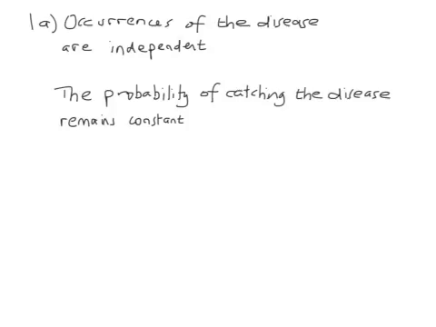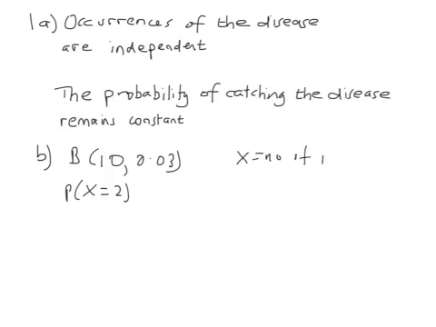In question 1a, you were asked about assumptions to be made in modelling this disease. Occurrences of the disease are independent, and the probability of catching the disease remains constant. In part B, we can assume that we've got a binomial distribution, and we want to find the probability of 2 people having the disease. So the probability that x is exactly equal to 2, where x is the number of people with the disease,